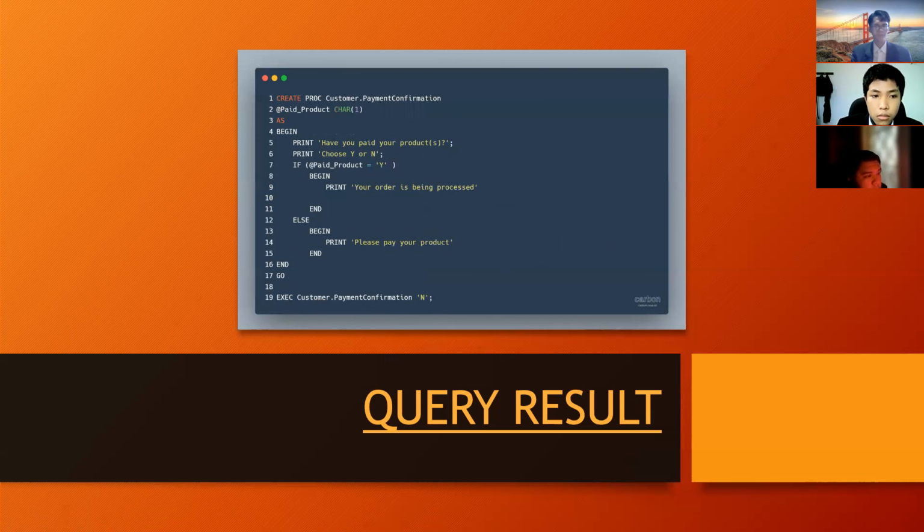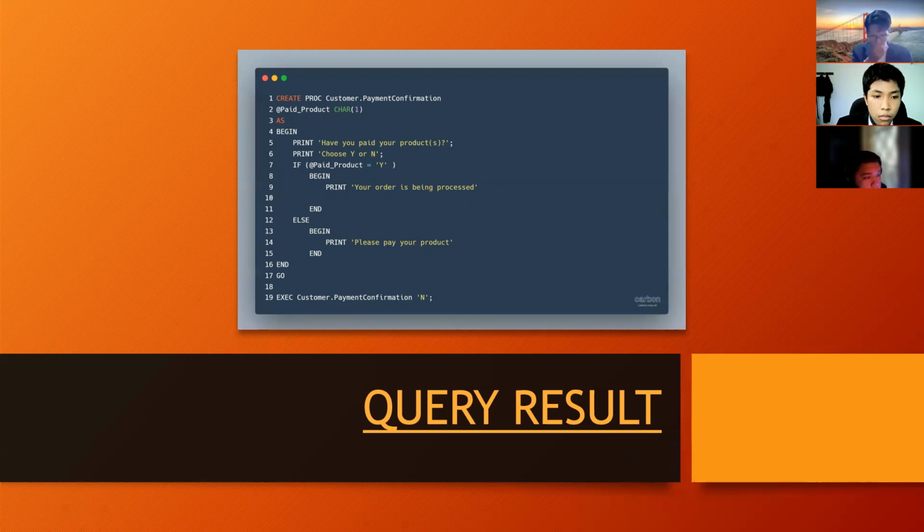This is the procedure of the customer payment confirmation. We have the field of paid product. The code will run begin and print if you paid your products, and then it will print choose Y or N. If the user chooses Y, it will print your order is being processed.